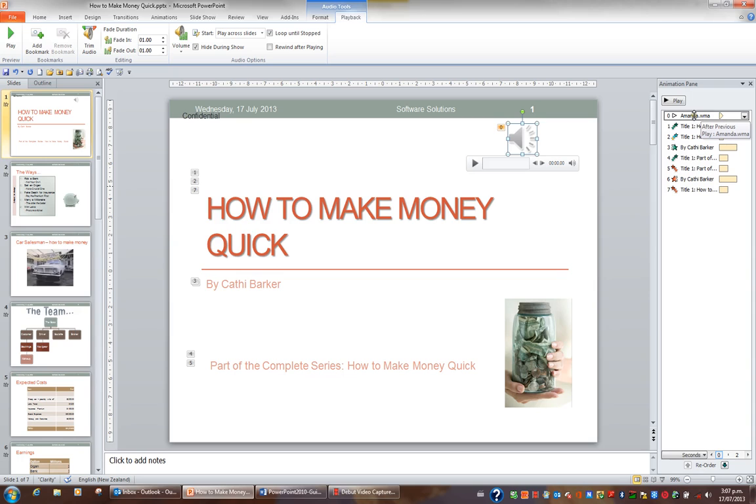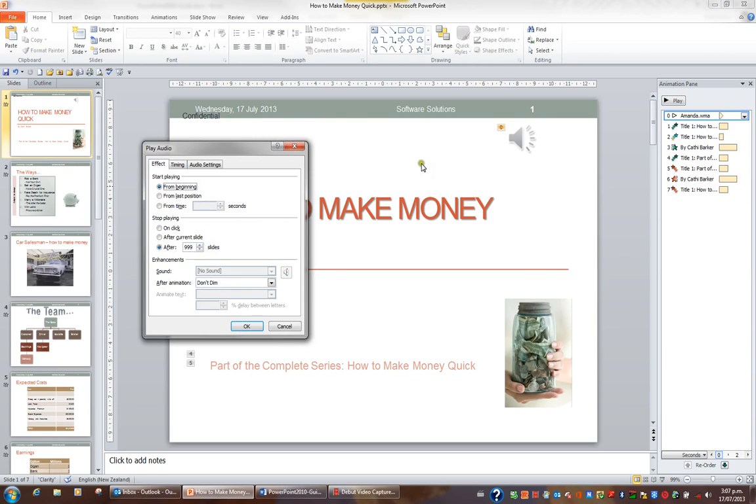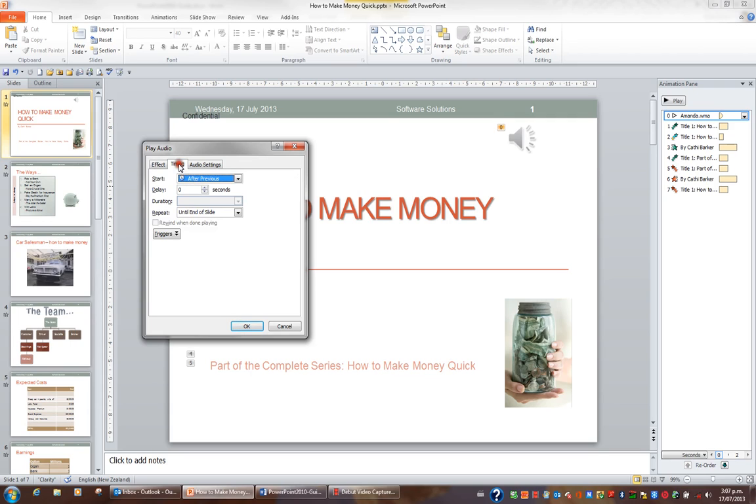I want the sound object to play right from the beginning. I'm going to hit the down triangle to the right of the audio object and just check some of the effect options. When I go into effect options, it's going to start playing from the beginning, and it's not going to stop until after 999 slides, which means it'll just keep going the whole time. Under timing, I don't think there's anything to worry about there, and under audio settings, that's fine as well,